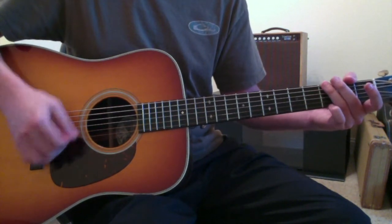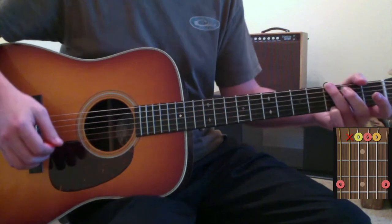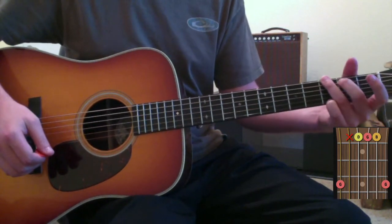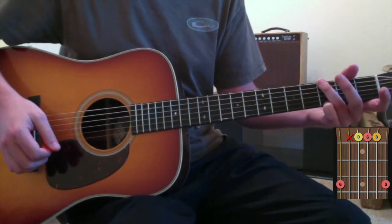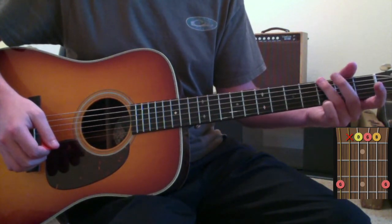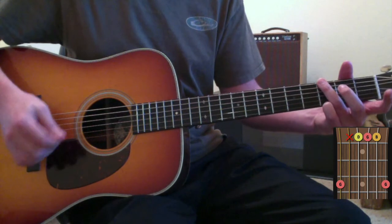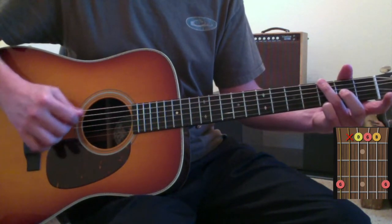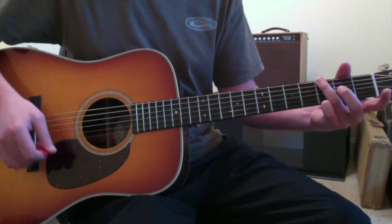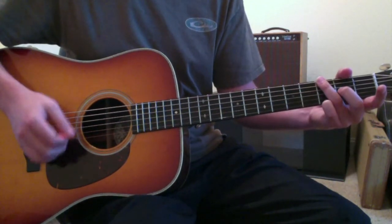The first chord is a G, just a standard G chord. I'm really not even putting my ring finger down on it the way that it should go. I'm just putting my ring finger on the sixth string third fret and my pinky finger back on the first string third fret. And I'm muting out the fifth string with how I'm laying my ring finger, and that's my G chord. So you lead into the G chord with your riff,